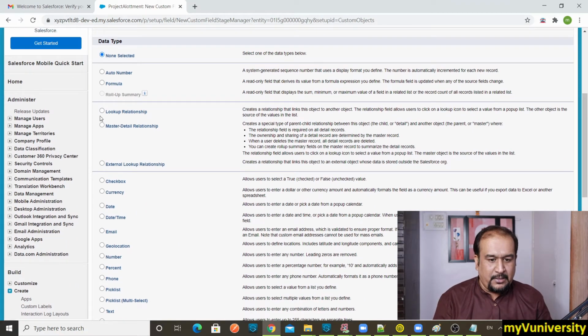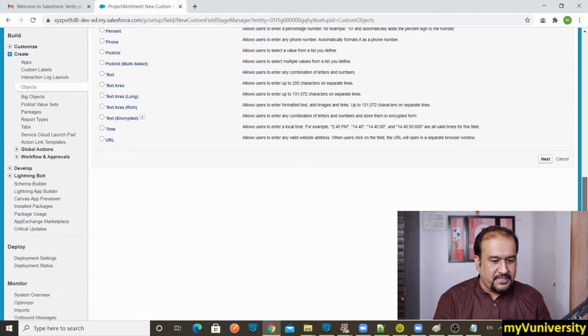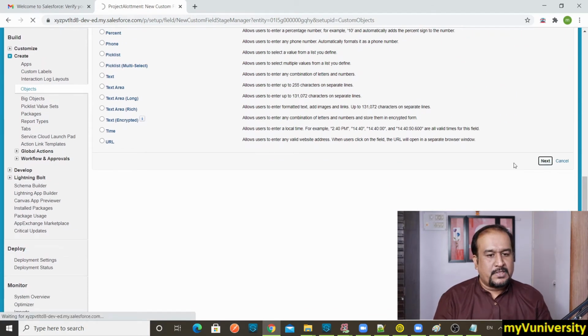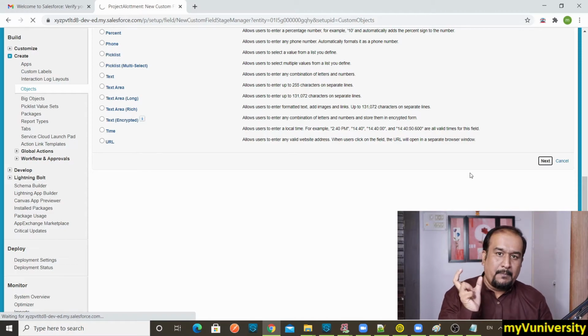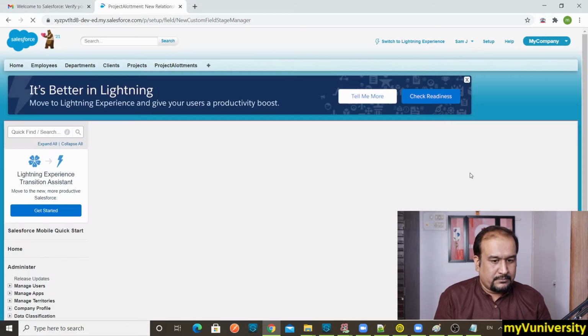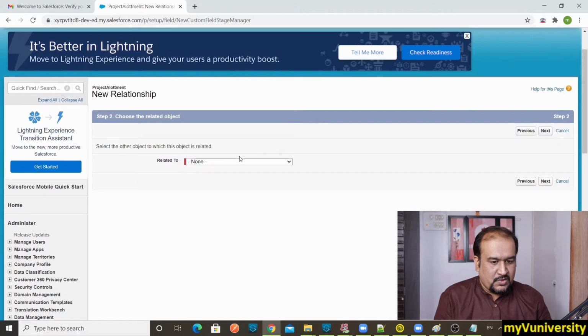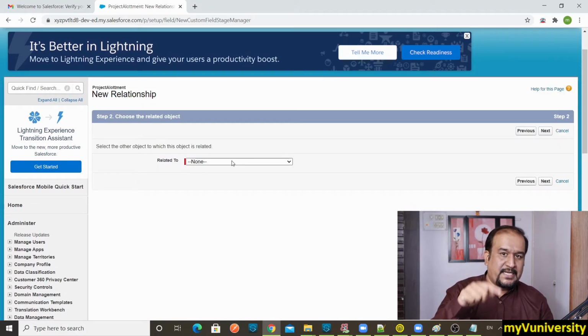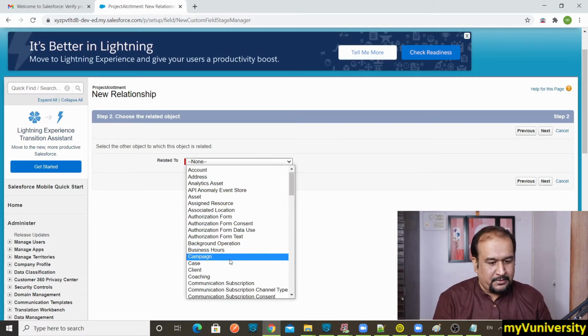So let me add firstly the lookup relationship field, which is for employee. So let me add employee lookup, project lookup, and maybe percentage allocation. Okay, that's what we will add. So it is getting added to this project allotment and related to employee.